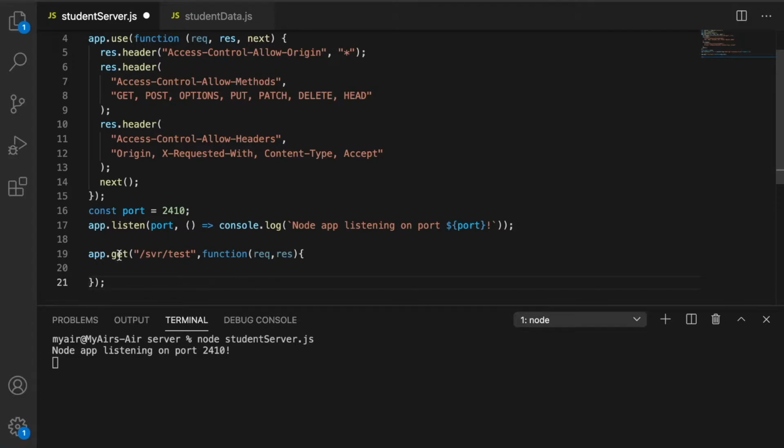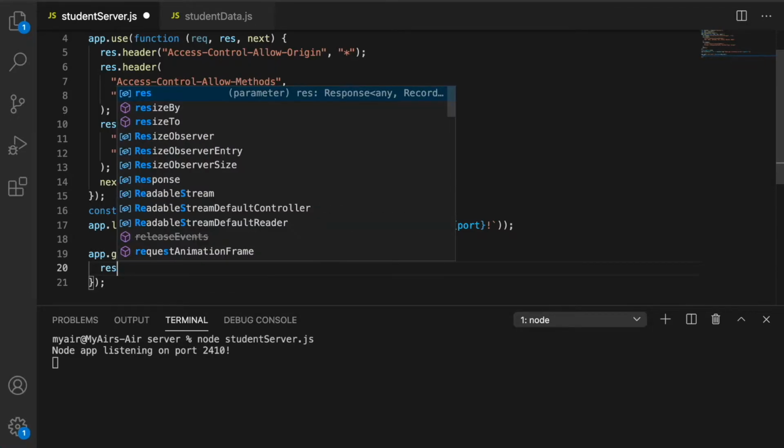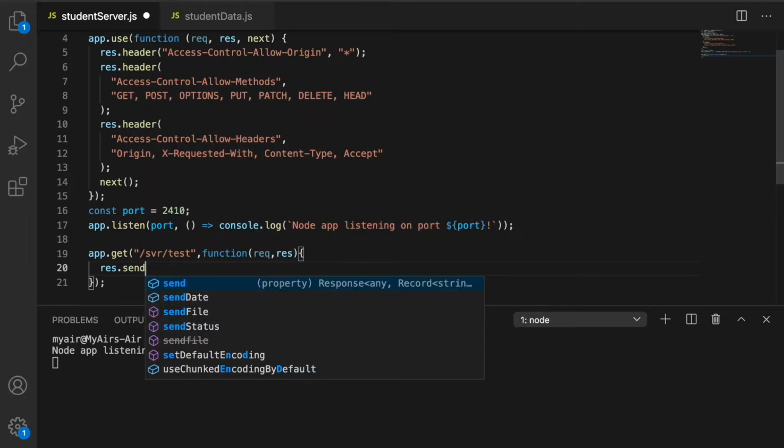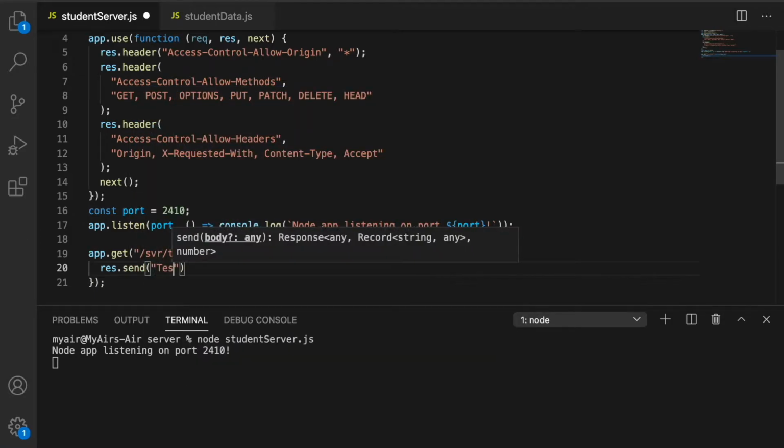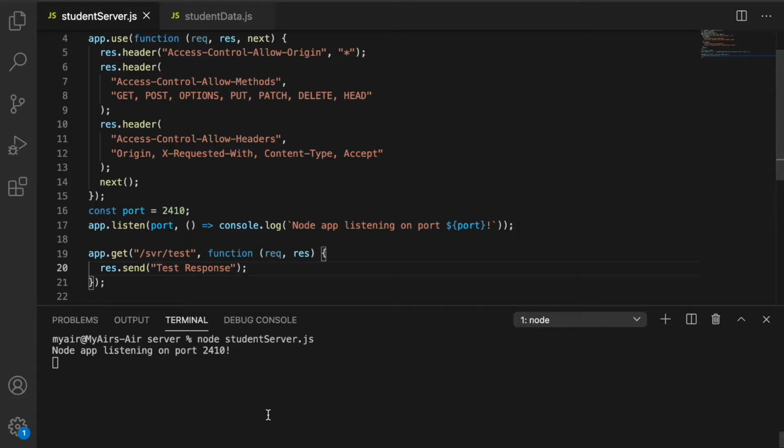So app.get, it's a get request. This is the path or the URL of that get request, /server/test. And let's say we say res.send test response.